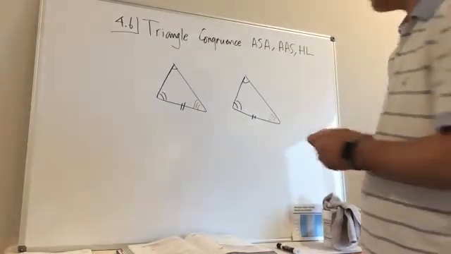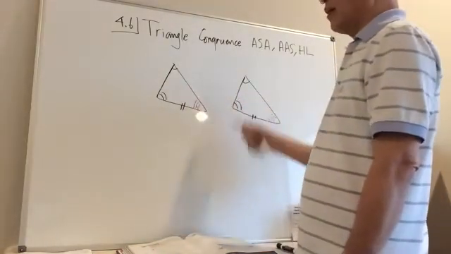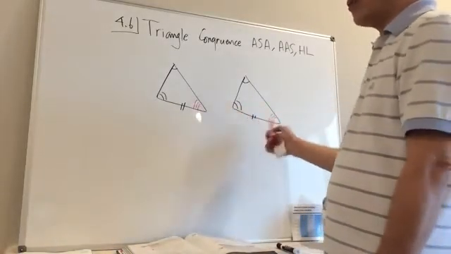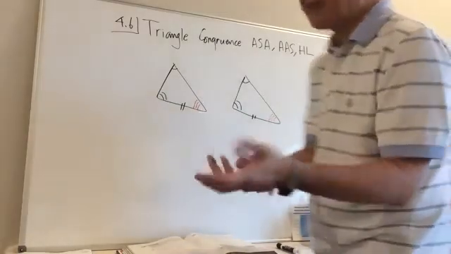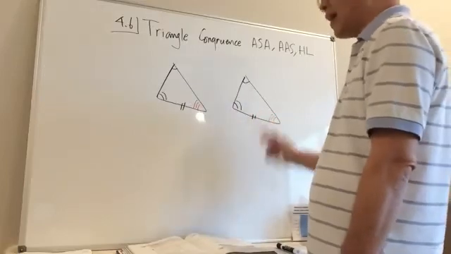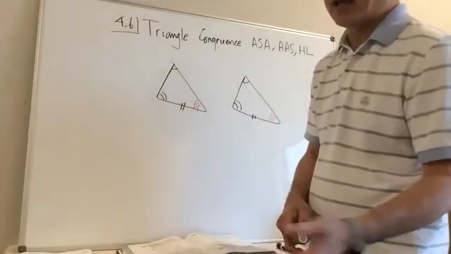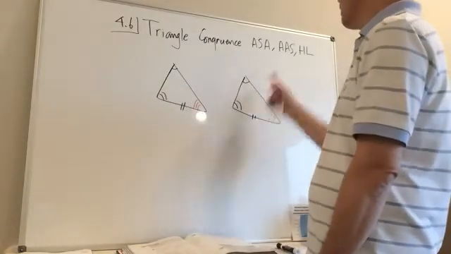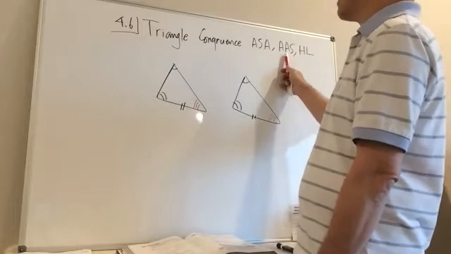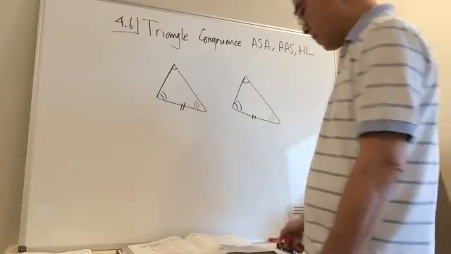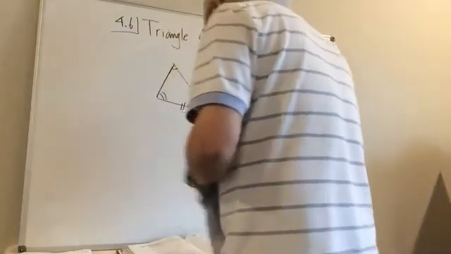Because it has to be, because these two angles are the same. When I subtract them from 180, the final angle is always going to be the same. So it's kind of a subset of angle, side, angle, right? It ends up being angle, side, angle because the other two are the same. So angle, angle, side, you can really think of as a subset of angle, side, angle. There we go. So let's see if we can use this